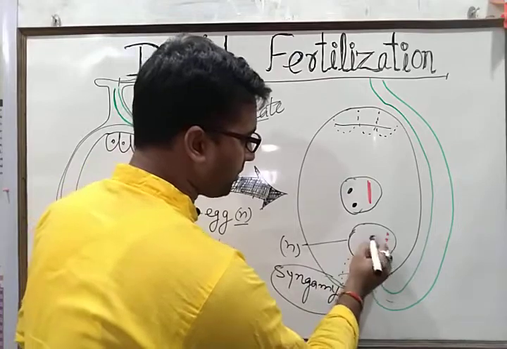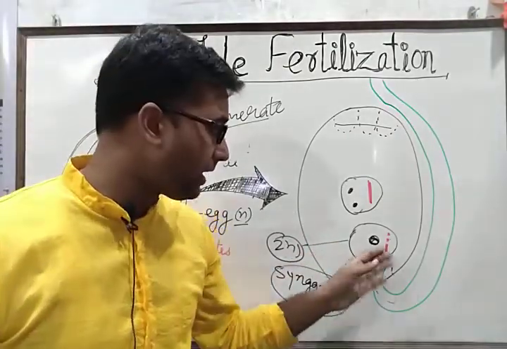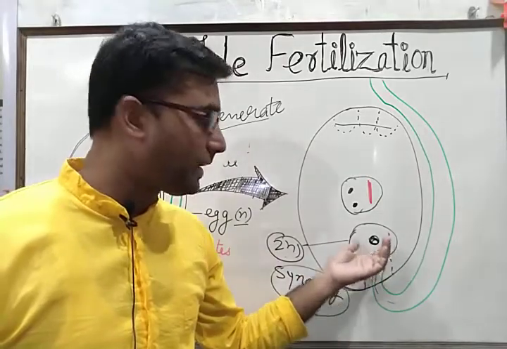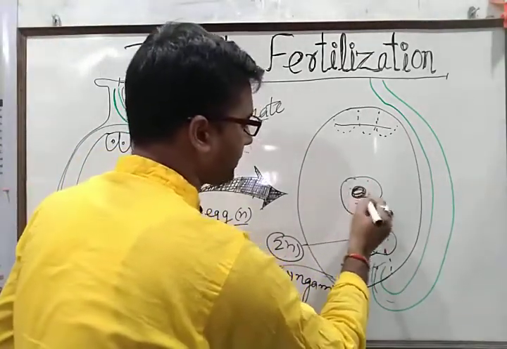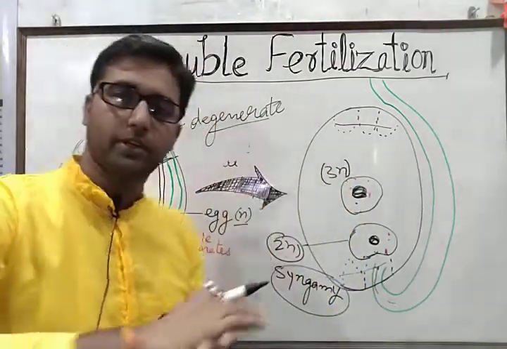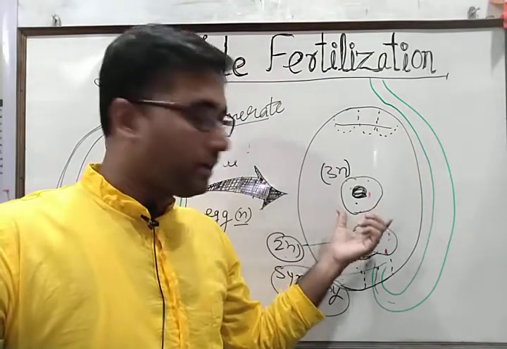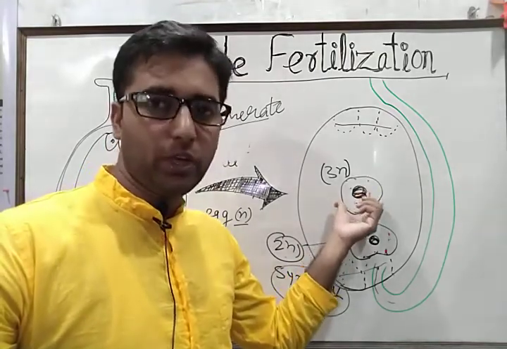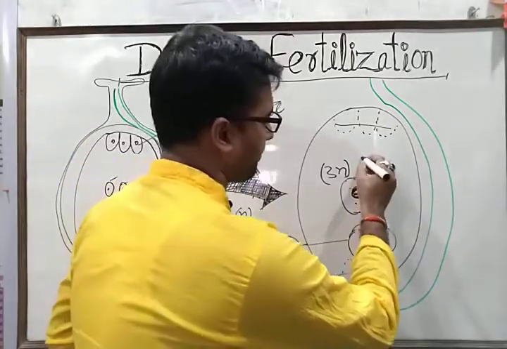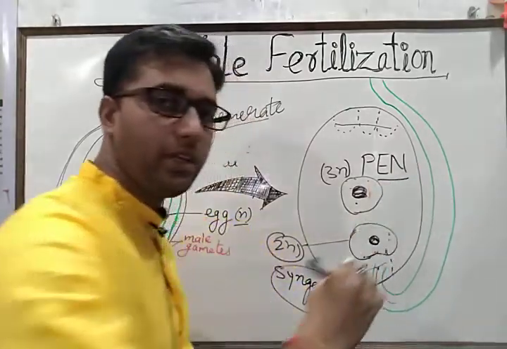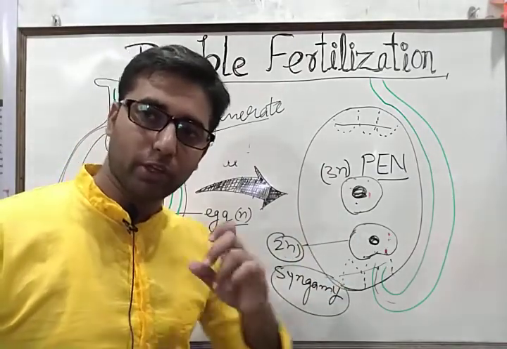Now this structure after syngamy is converted into a diploid structure, and now it behaves as a zygote. And embryo development takes place from this fertilized cell. And here, since it has a triploid set of haploid content, it is triple fusion. After triple fusion, the central cell, and this nucleus particularly, is converted into the primary endosperm nucleus, that is PEN. And this primary endosperm nucleus is responsible for the formation of